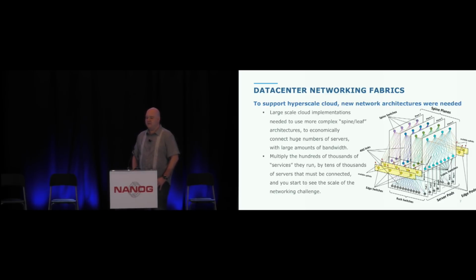They start to build these fabrics that actually look very much like the construction of a fabric inside of a switch, right? What you're building is a very simple, very cheap, dumb connectivity, a dumb pipe, with any-point-to-any-point connectivity. But like I said, when you've got hundreds of thousands of services out there being spread across tens of thousands of servers, how do you configure that? How do you control that? What's the mechanism for it? That's where you start to get into some really unique challenges.